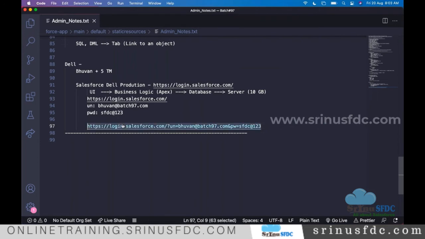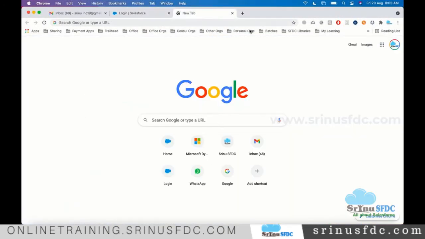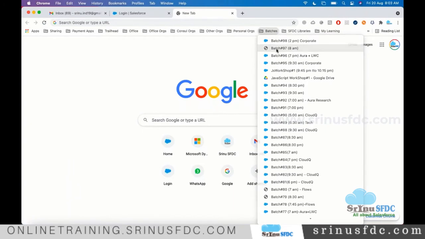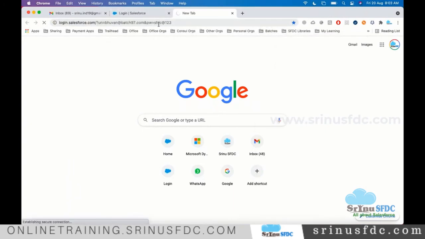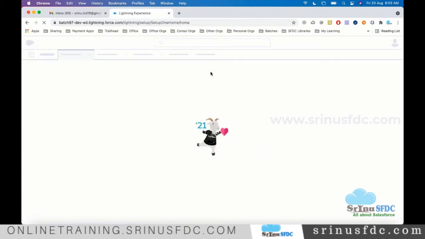So I copy it and keep it here. It's like a bookmark for me. So going forward, I click here and it will supply the username and password through the URL, and automatically I will be logged in. So now we logged into the production.